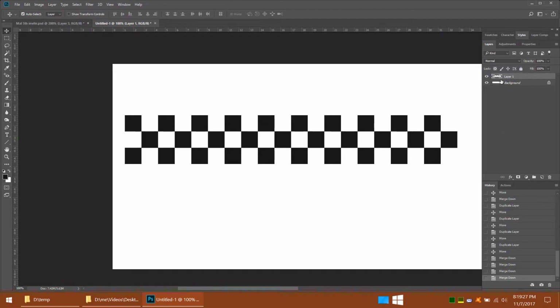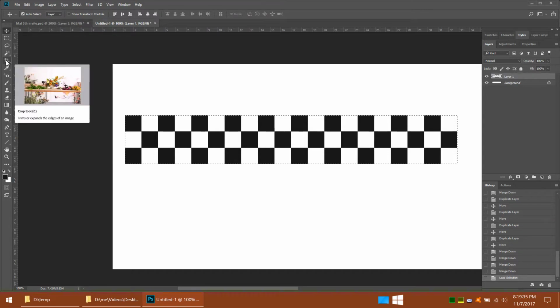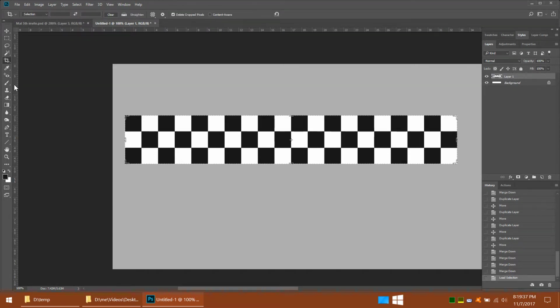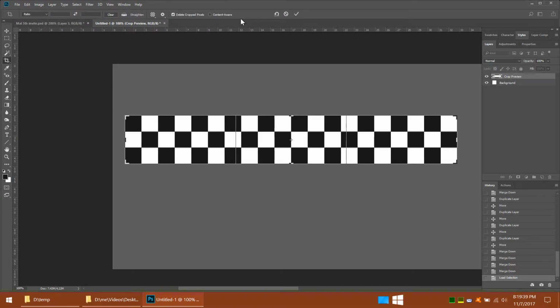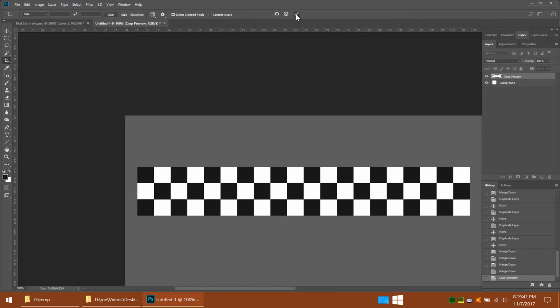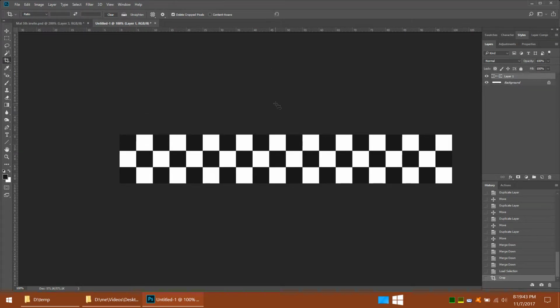Now, I'm going to Control or Command click on that layer to highlight it. And just like we did before, I'm going to hit the Crop tool. I'm going to hit the Enter key. And then I'm going to hit the little checkbox. Okay. Now, what we're going to do is make sure the dimensions of this are the same as the dimensions of our original